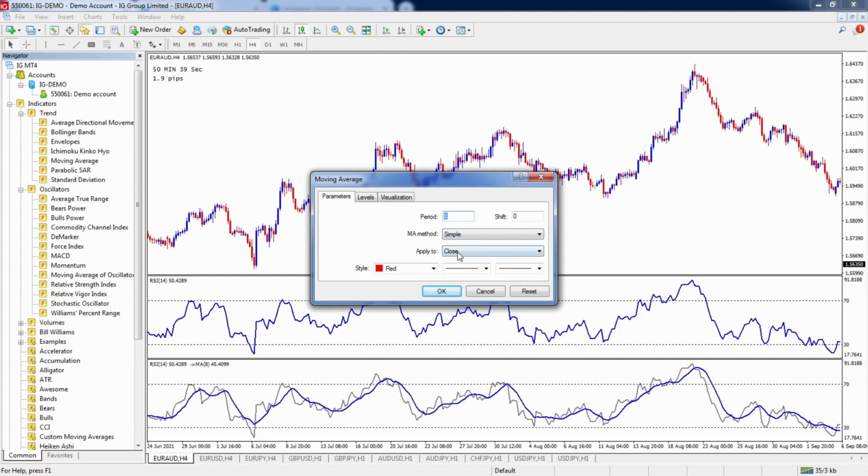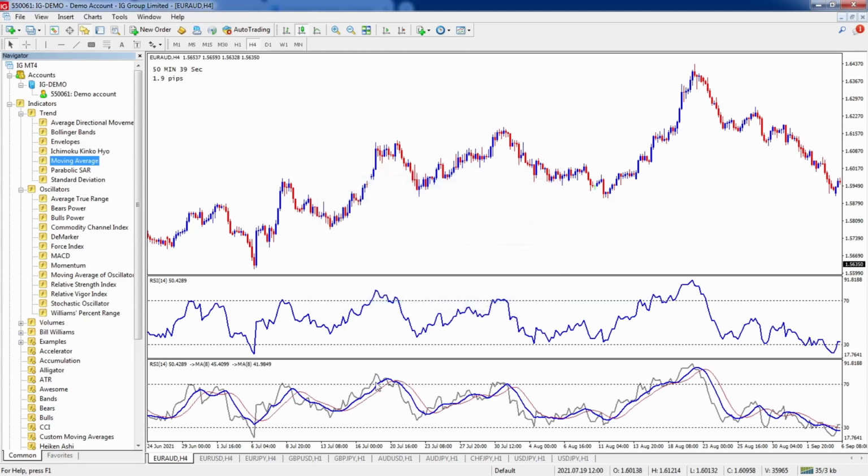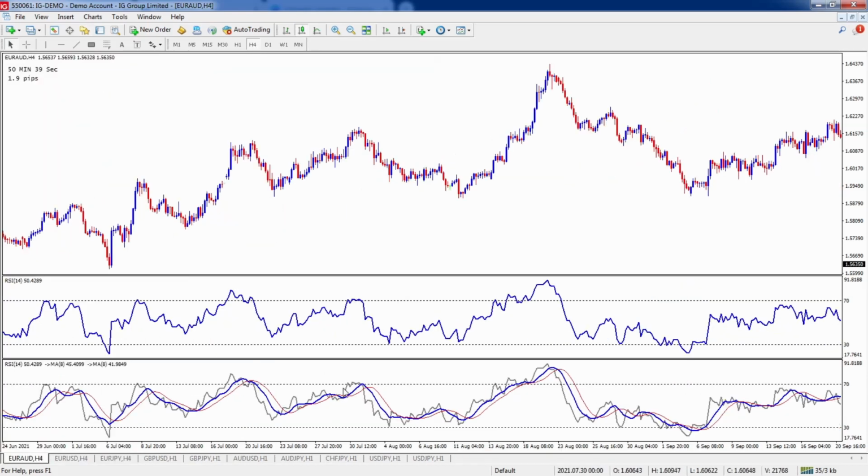And again, I want to apply to the previous indicator's data. In this case, previous indicator's data is going to be the indicator that I last added to the chart, and that is that 8 simple moving average that is blue. So I'll hit previous indicator's data, and then again, I'll click OK. So now I've got a moving average of the RSI and a moving average of the moving average.